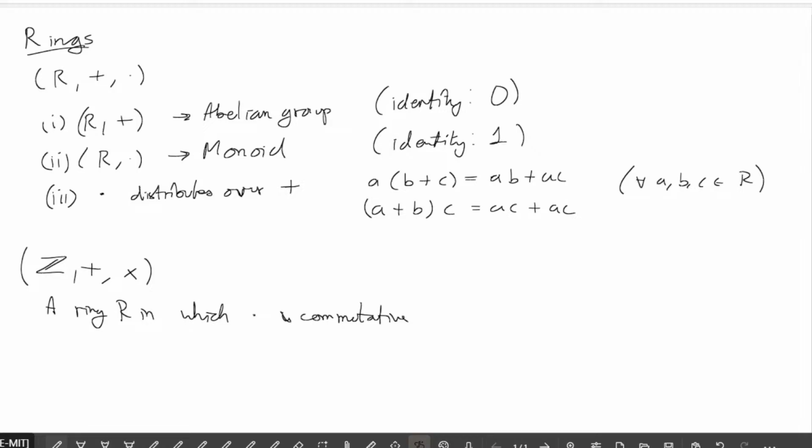So first of all, this R comma plus will be the additive group, and R have a ring like